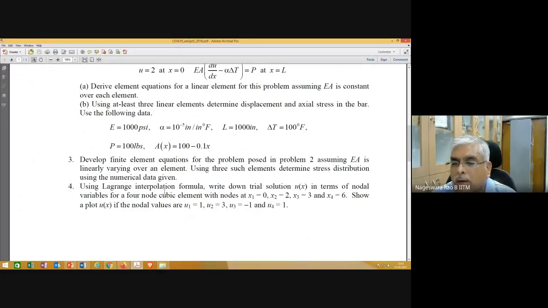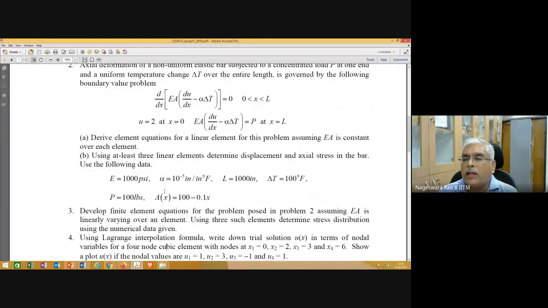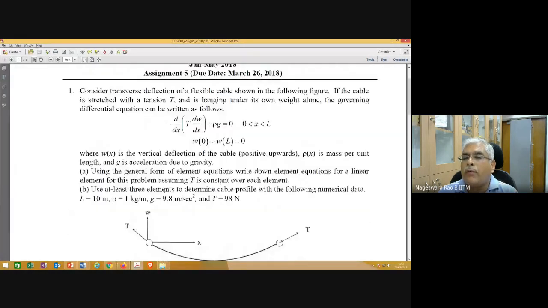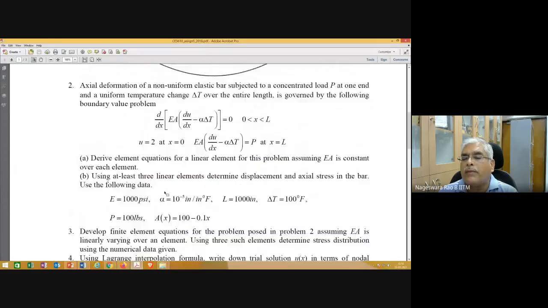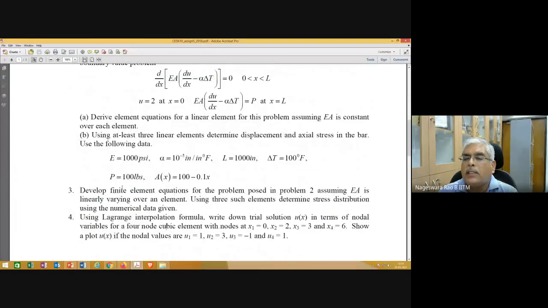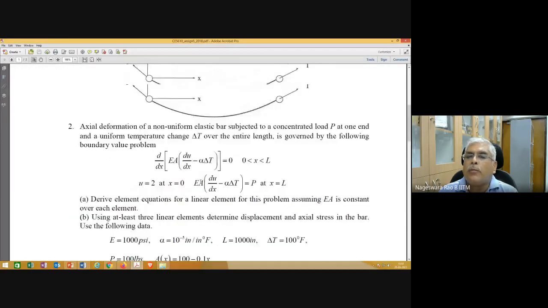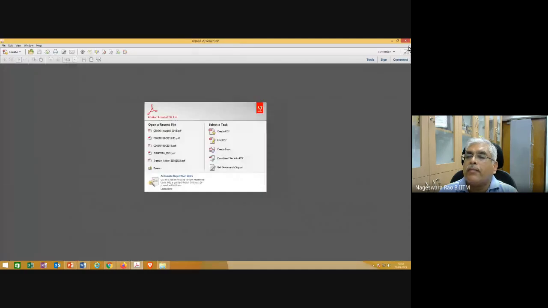So the fourth problem is related to higher order elements, that is where you can wait. To solve the fourth problem, you need to wait till the next class. But with whatever knowledge, if you had followed till today's class, whatever we covered properly, you should be able to solve 1, 2, 3 problems. At least to give a try to this, okay? So I'm going to send you this assignment.